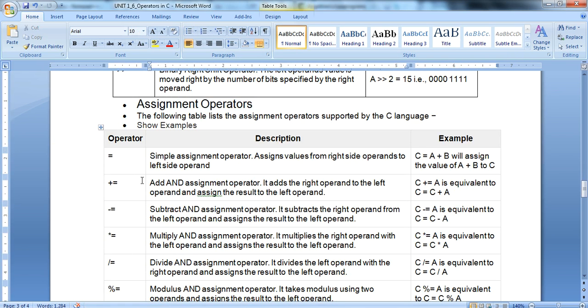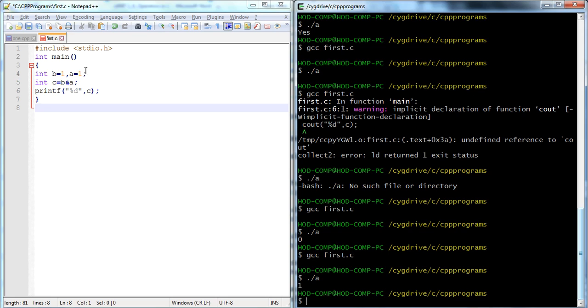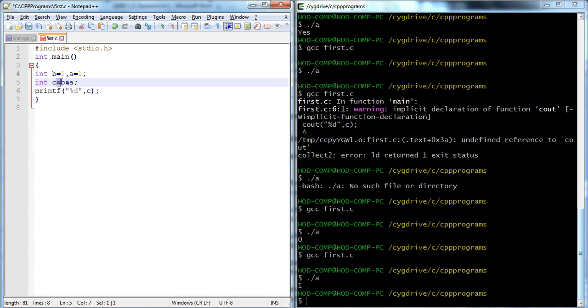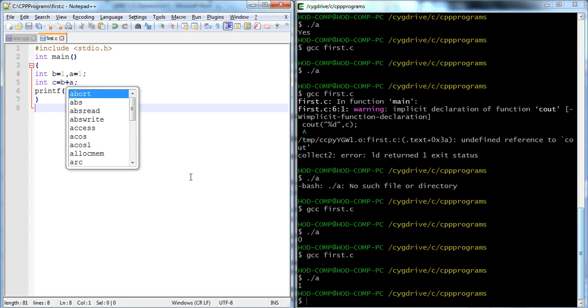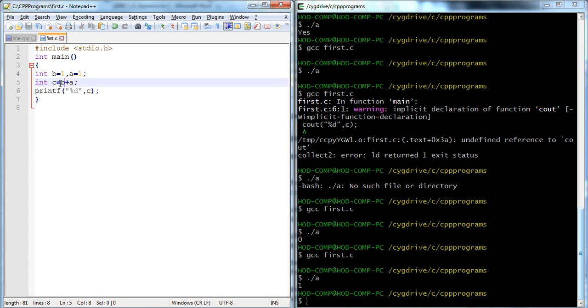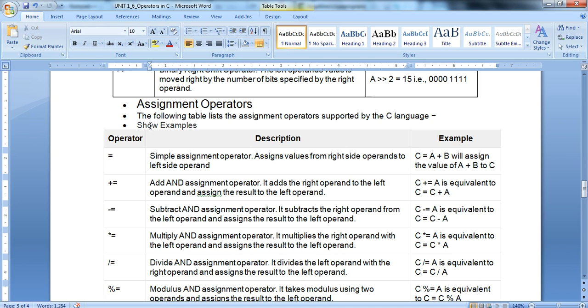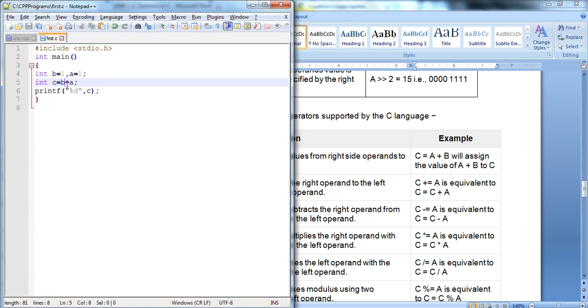We already know about equal to here, that is the assigning, because it's B plus A, and assign the addition to C, like 1 plus 1 is 2, and it assigns this value by the equal operator to C. That is the assignment operator, which assigns the value to C, right? That means it may be the subtraction, it may be the multiplication, whatever the process.